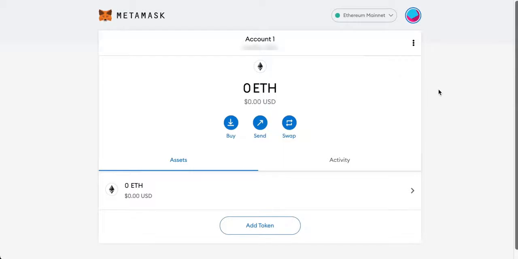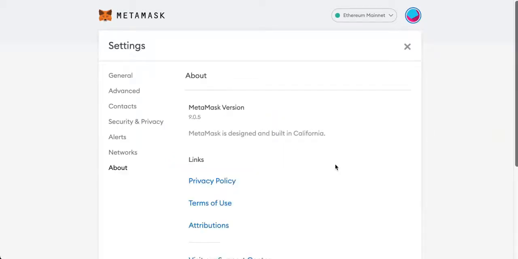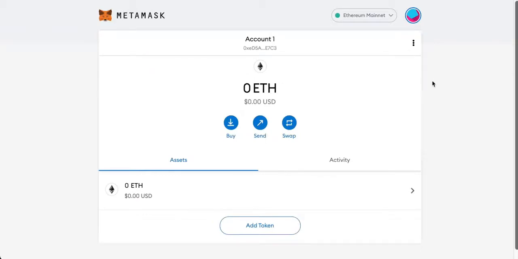All right, so now we're inside your wallet. On the top there is your wallet address, and if you click that, you go to information and help. You see the version of MetaMask, and you can come back to your basic page,